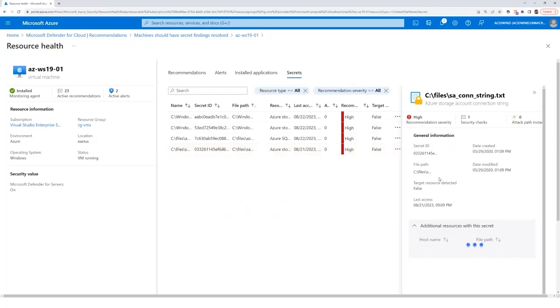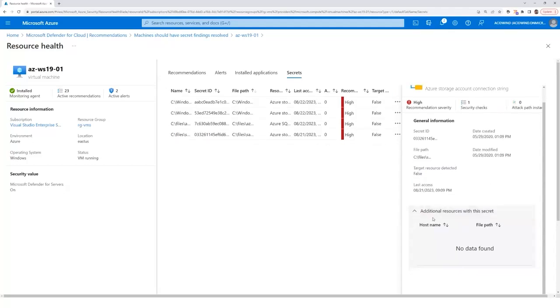And what is also interesting, we are not just detecting or finding those secrets, we're also verifying that those secrets are valid. So basically, Defender for Cloud tries to use those secrets to connect to the resources. Like for instance, see in my case, it's saying that target resource detected false, meaning that that was a totally dummy